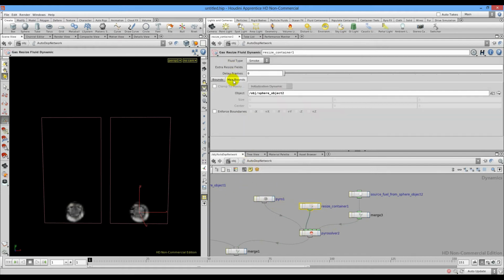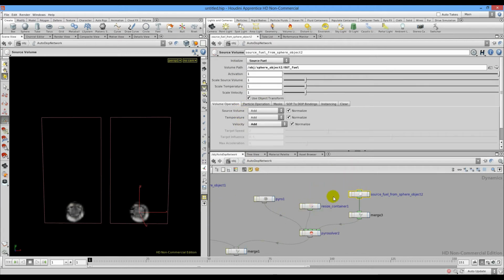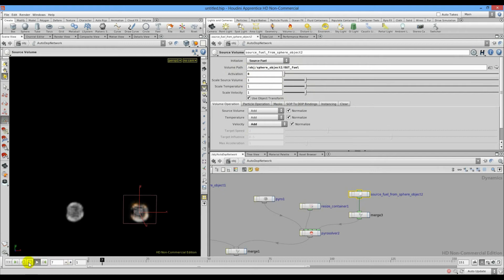Okay, that was max bounds. Source is our next node, and here we take what we're taking from to start our simulation. So we're taking fuel from sphere. I will cover this in a moment. Here is an activation which can be animated for sure. So now it's not activated,